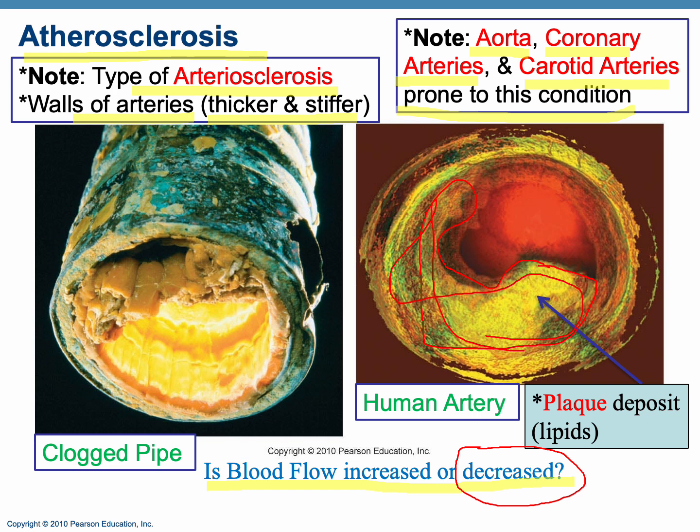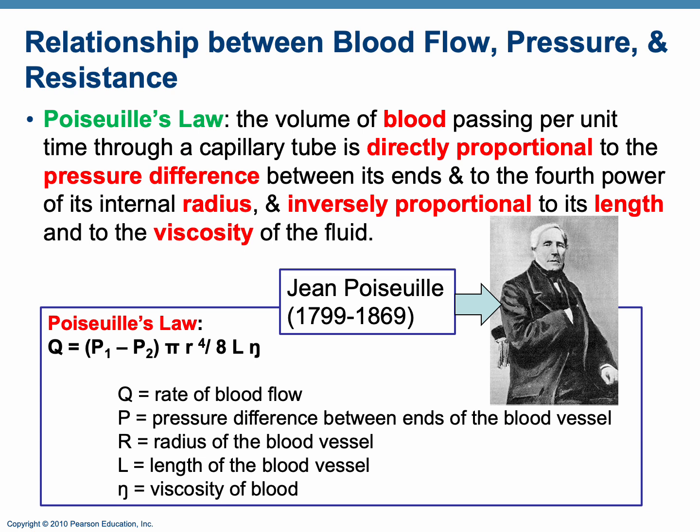So this plaque, it could eventually lead to the artery being totally clotted, and then that could lead to some major issues with the heart attack, things like that. So it's very possible that maybe a stent needs to be put in, which is kind of a mesh that can be applied on that plaque to open up that vessel. So with this understanding, we now take a look at a very important law when it comes to blood flow,